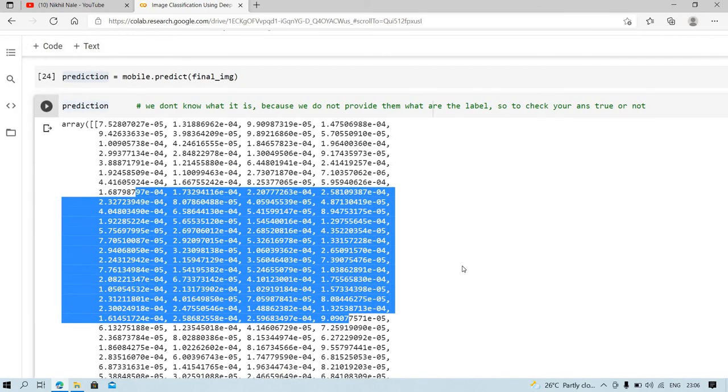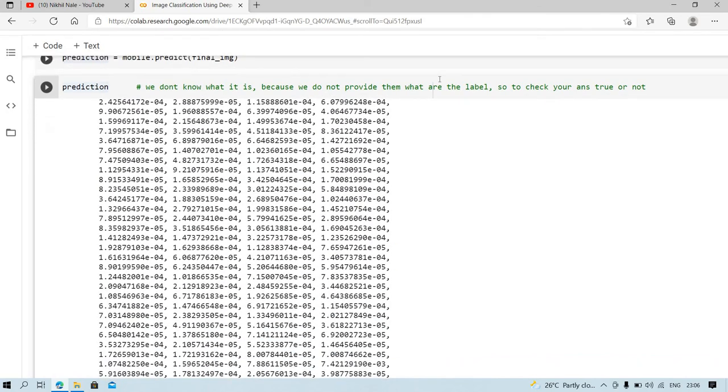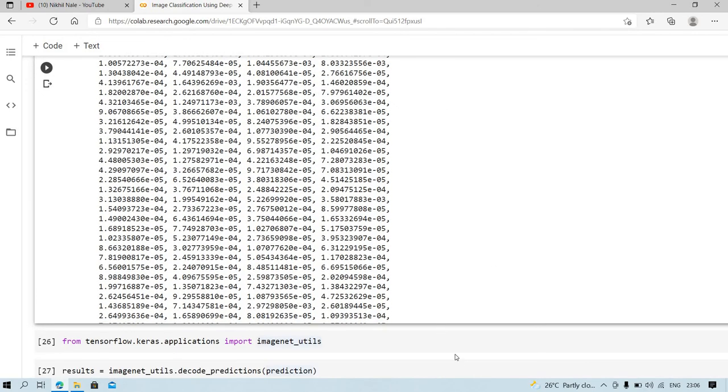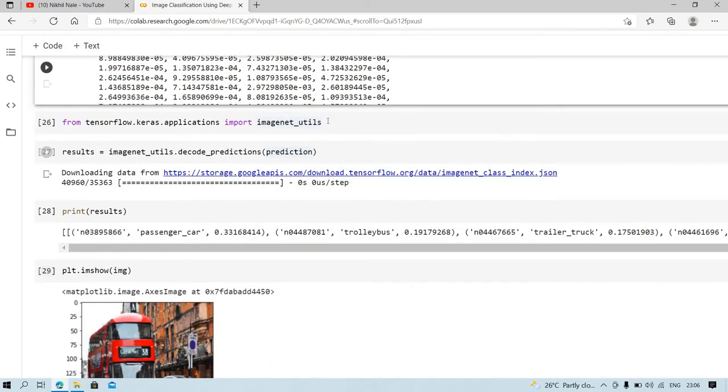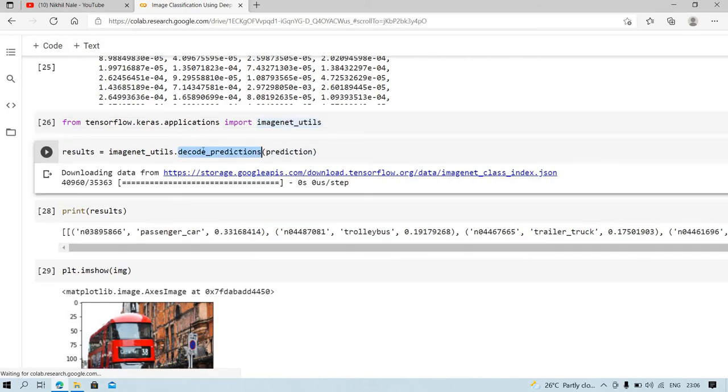To check whether our answer is true or not, I will use utilities. From tensorflow.keras.applications I will import the ImageNet utilities, and from the ImageNet utilities I will call the method decode_predictions and pass the argument prediction, and store it in a variable result.